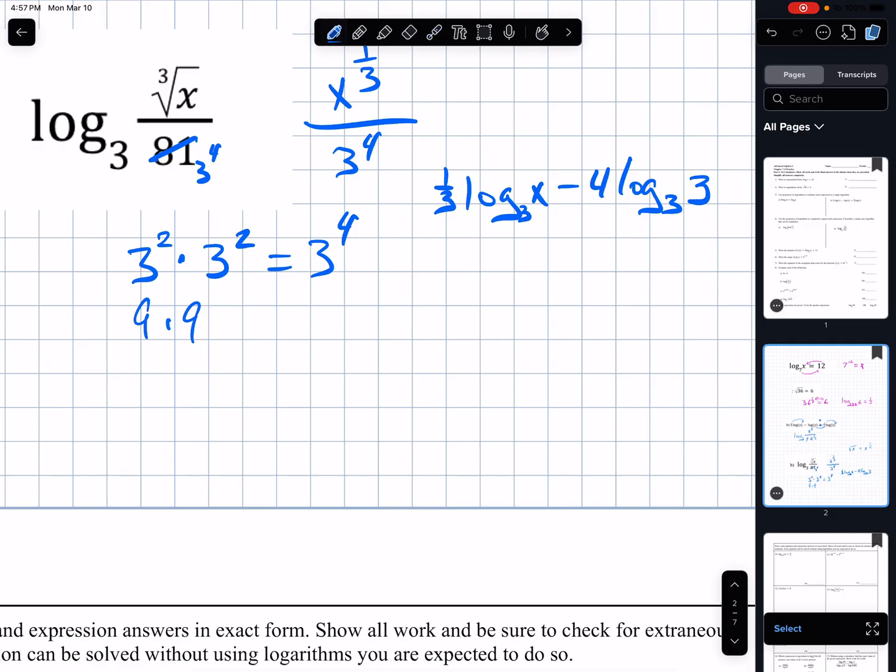Okay, so check this out. I'm just going to show you. If I make this equal x and I rewrite it exponentially,